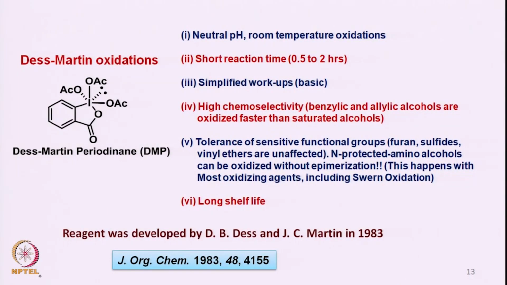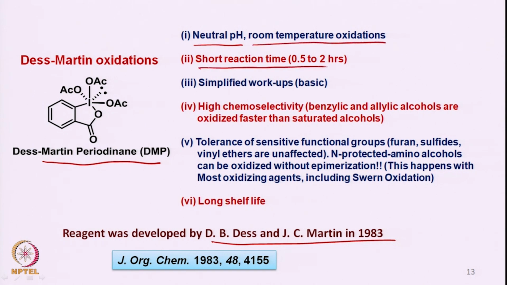Now, this particular Des-Martin periodinane reagent, called DMP, was developed by Dess and Martin in 1983 and has got tremendous application and use in the literature. So, it is a reagent that works at neutral pH, at room temperature, and short reaction times. Many times you will see that many of the oxidizing agents such as Swern oxidation are carried out at very low temperature, -78 to